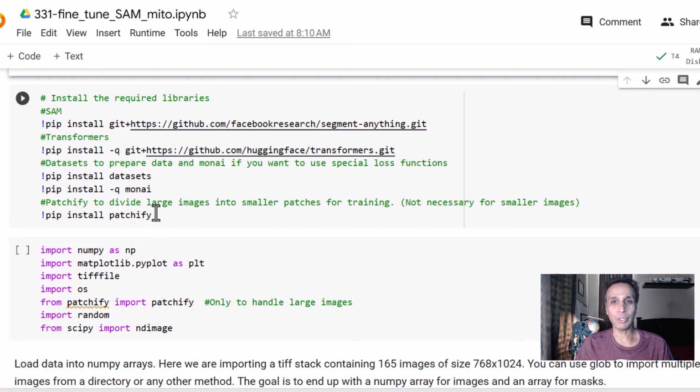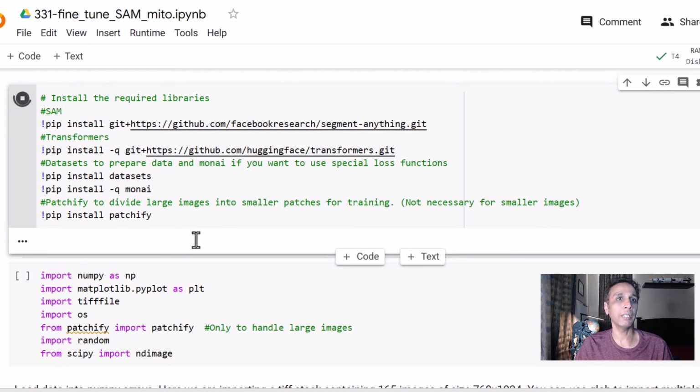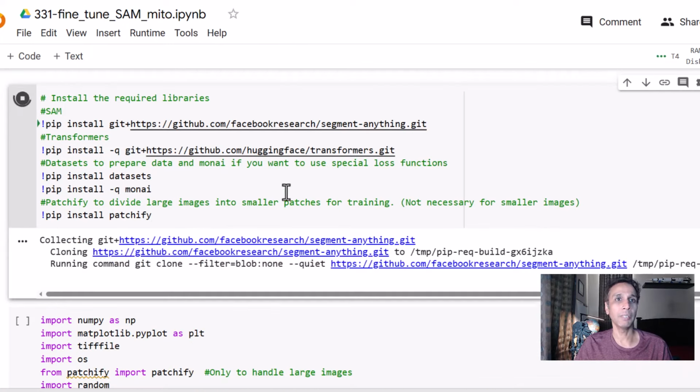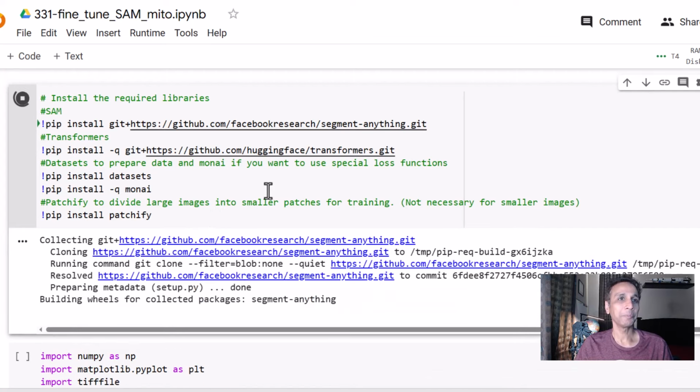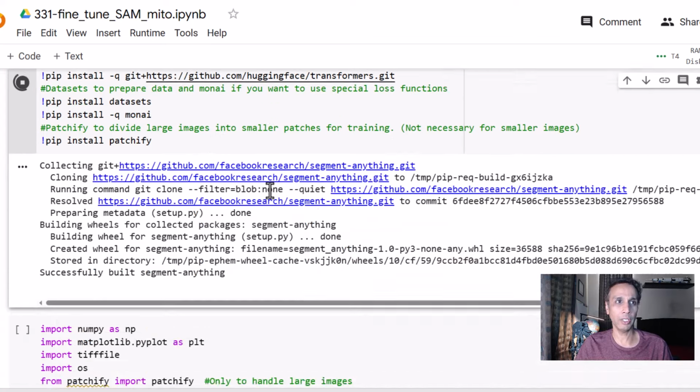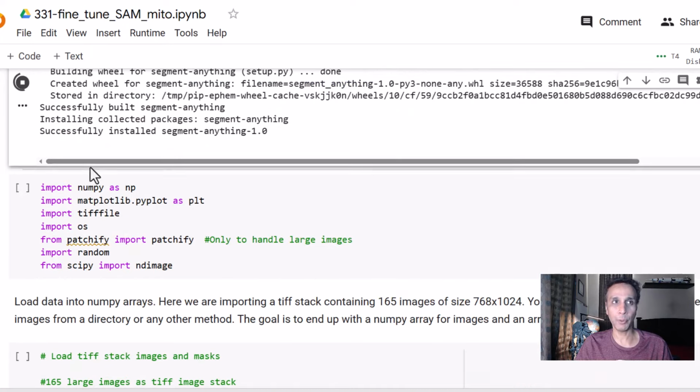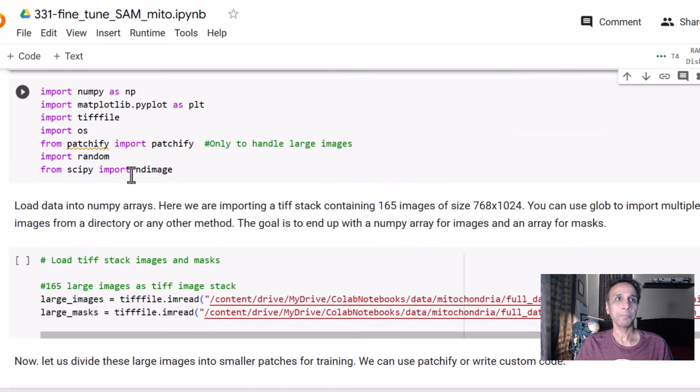Patchify allows you to just write a single line of code to divide a large image into regular grid patches. So I'm doing a lot of talking, so let me just go and do some execution of code here. And once this is done, we are going to go to the next step, which is basically importing the appropriate